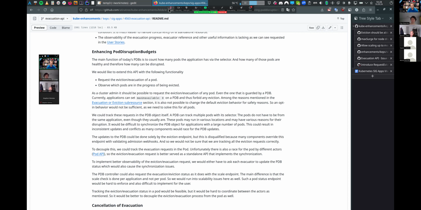I'm inclined to only extend the evacuation API with the ability to specify the endpoint, and possibly improve the status return from the eviction to give you a little bit more insight into what state in the process you are.